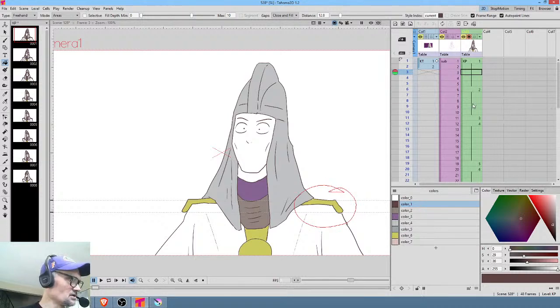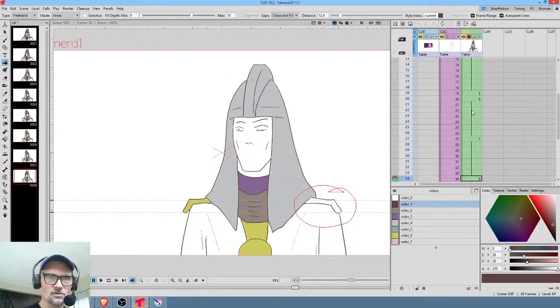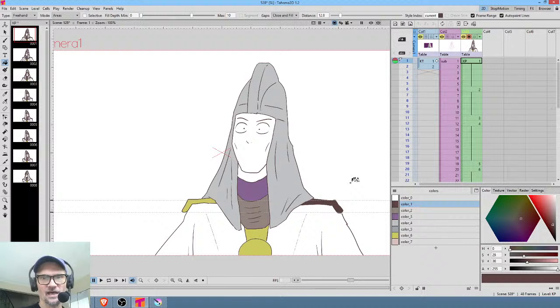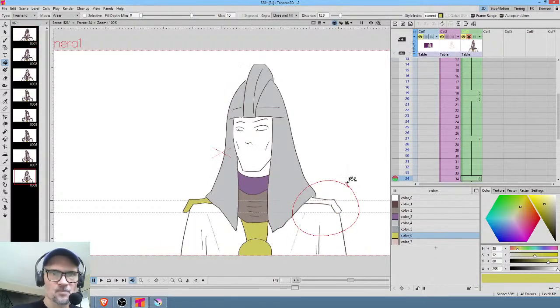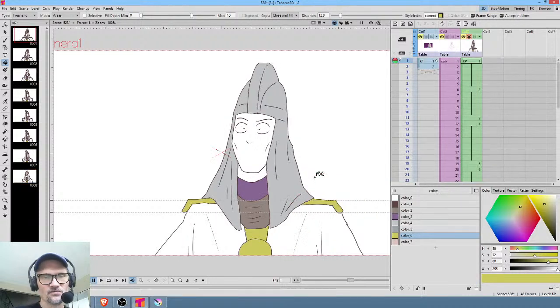Sorry, I've been hitting the L key instead of the forward arrow key, or I should say the greater than symbol. Okay, and it switched colors and everything is the wrong color. So let's do it again. 1, 2. So for very broad swaths of color,